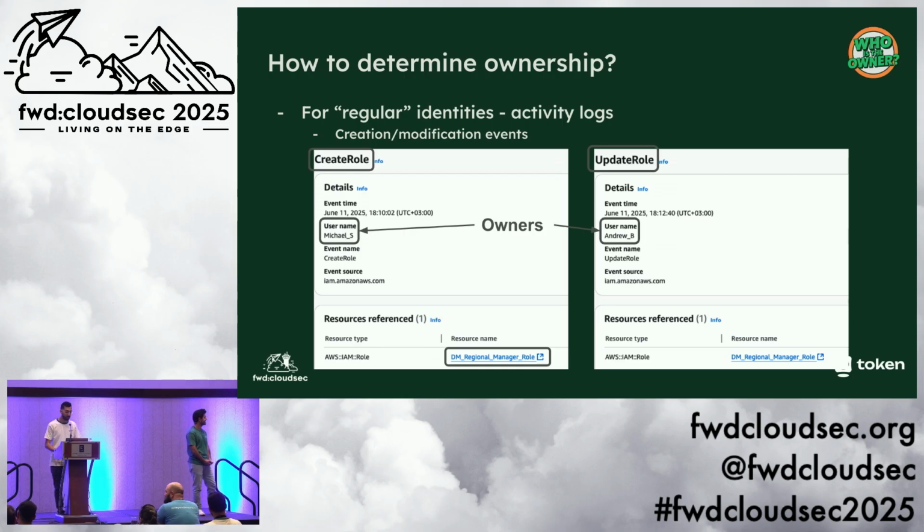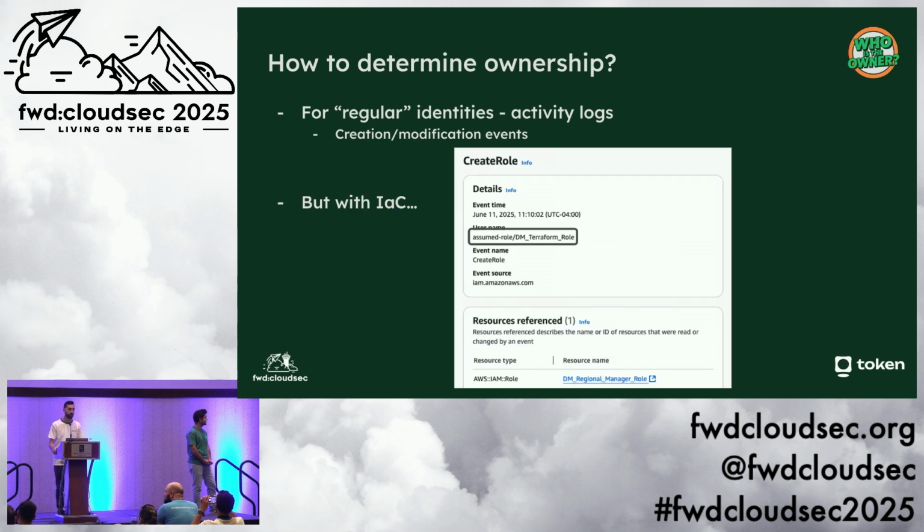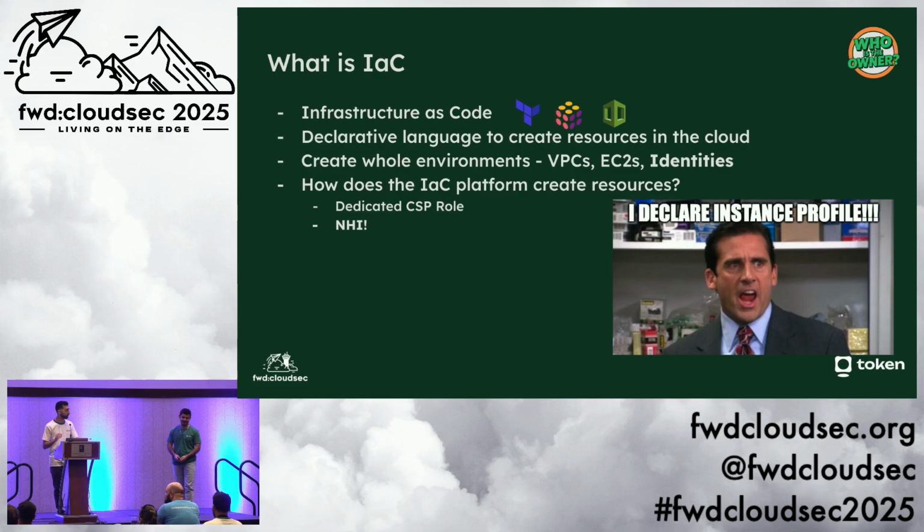Now, okay, we solved the problem, right? We found the owners. But with infrastructure as code, it becomes more complicated, because what we can see here, for example, is that Terraform is who created this role. And Terraform isn't someone I can just pick up and call and ask for help in case of need. So first, Dan will back up a bit and explain a bit about infrastructure as code. Okay, so infrastructure as code, you may know it as Terraform, you may know it as Pulumi, or CloudFormation for AWS. It's a declarative language to create resources in your cloud environments. You can create anything from networks, from VMs, and all the way to identities. And the problem, as Eliav said, is when creating non-human identities, when the creator is a non-human identity, it's much harder to determine who is the owner and who is your POC in a case of